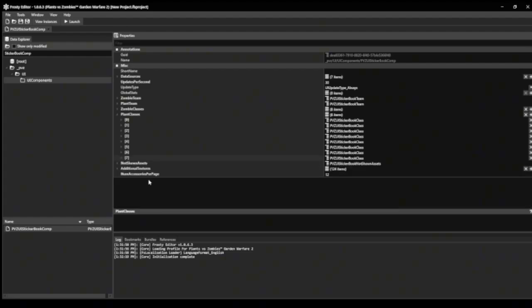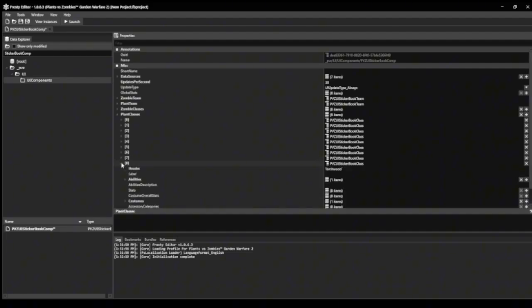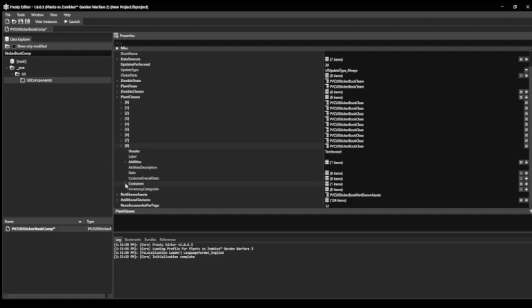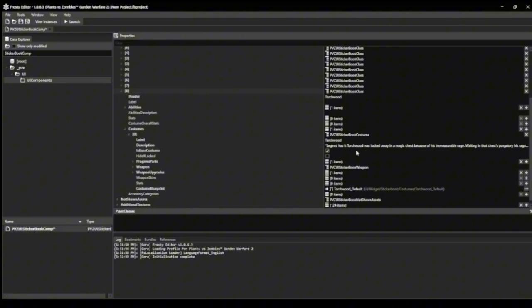So what you're going to do is insert after and then copy Torchwoods plant class into there. And then to make a new one, or to add the image, you can basically add whatever description you want. You don't have to use a string. I don't know why PopCap did this, but